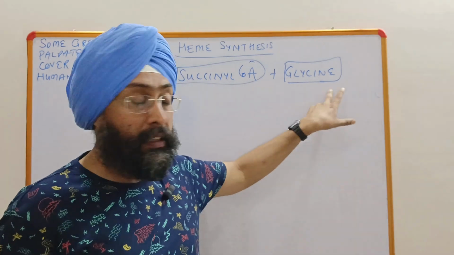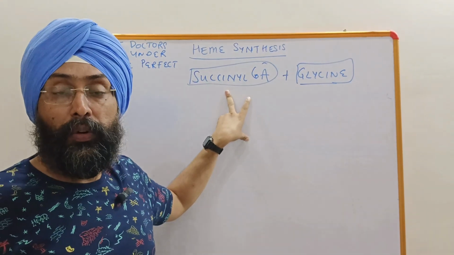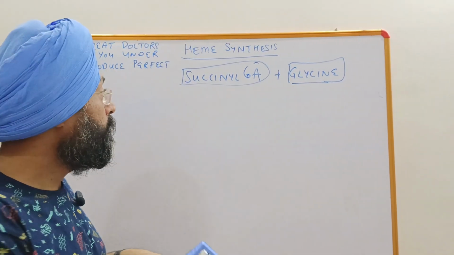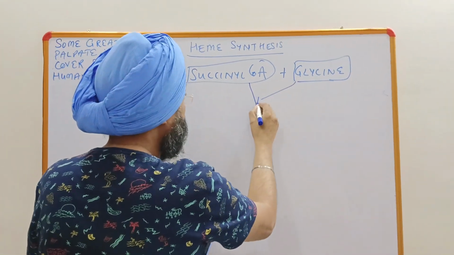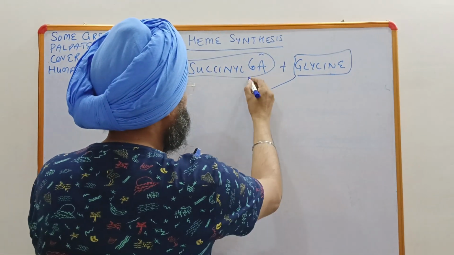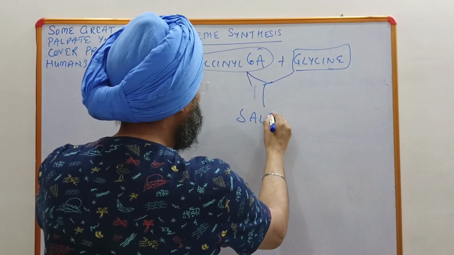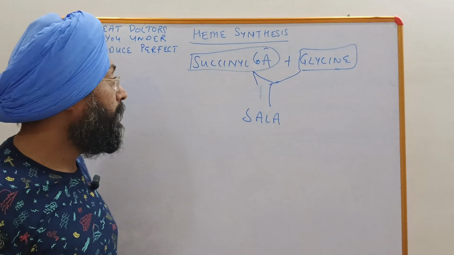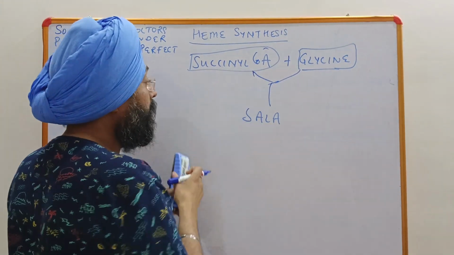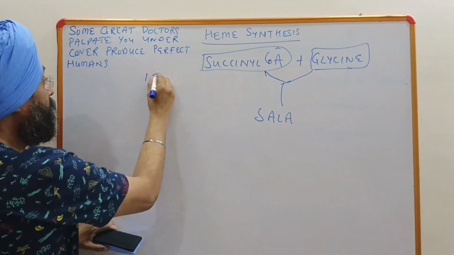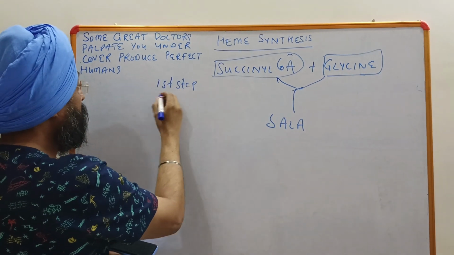Glycine is the amino acid, and succinyl CoA comes from the TCA cycle, right? So these two combine to form delta amino levulinic acid, right? And this is the first step, right? So it is mitochondrial,